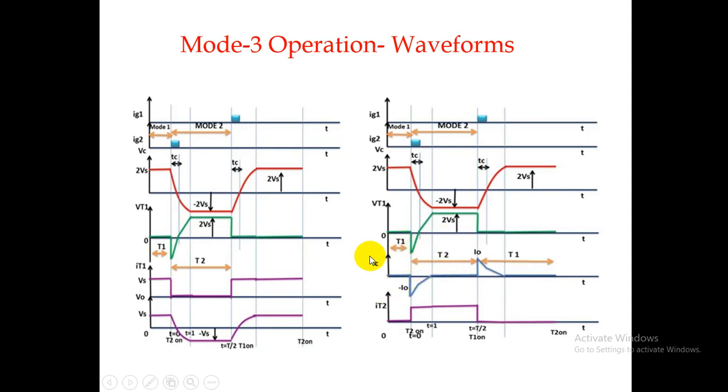And look at the current values. Now it is in mode 3 operation. The discharging current path is there downwards, and as soon as T1 is on, T2 is turned off due to the capacitor current and the polarity across the capacitor, and there is no current flowing afterwards through T2. So after that it is maintaining its value till the next mode of operation comes into action. That is what we call mode 1 operation.